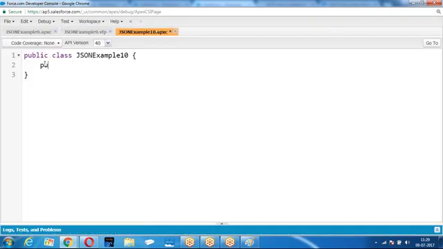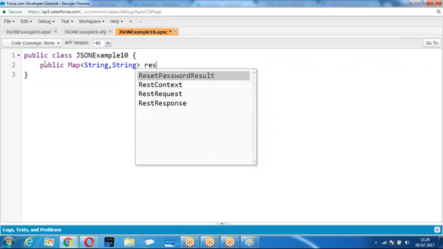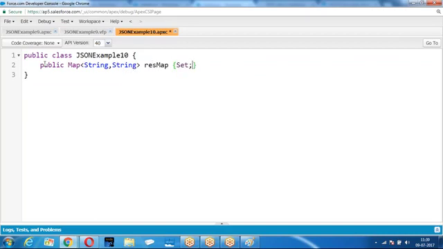To understand this well, I'm going to take a map. I'm going to break them into tokens and put them in a map. First I'm giving a JSON string.